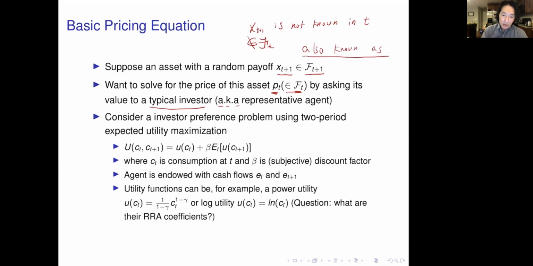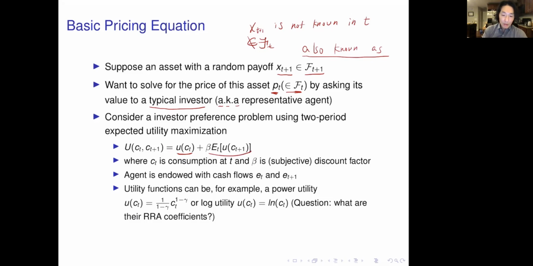Consider an investor in preference problem using two-period expected utility maximization problem. 자, 그러면 우리가 어떤 세팅에서 asset price들을 구할 것이냐? 주로 다음과 같은 세팅입니다. 즉, investor utility is going to be derived from these two periods utility. One from the current utility, and the other is going to be the expected utility. Okay? So it is the sum of the two utilities, current period and the utility in the next period of